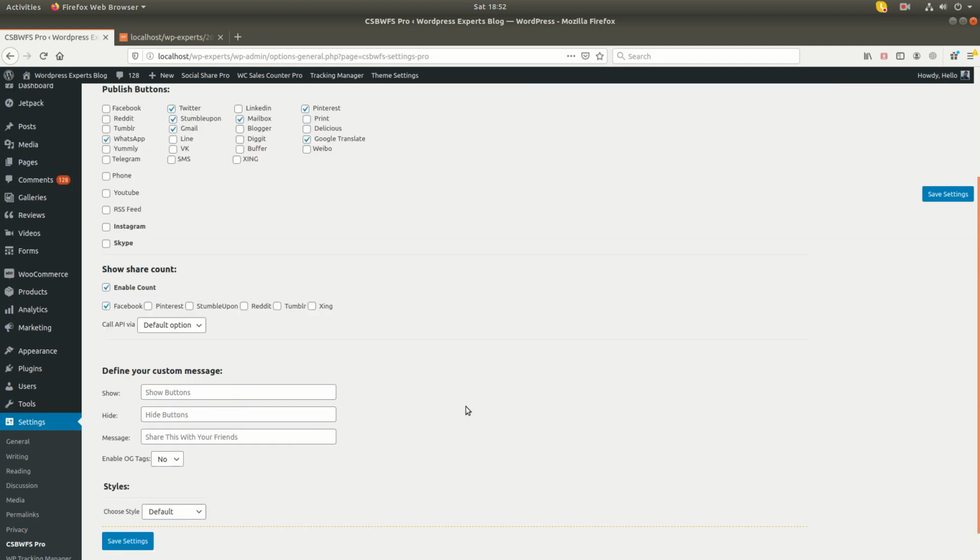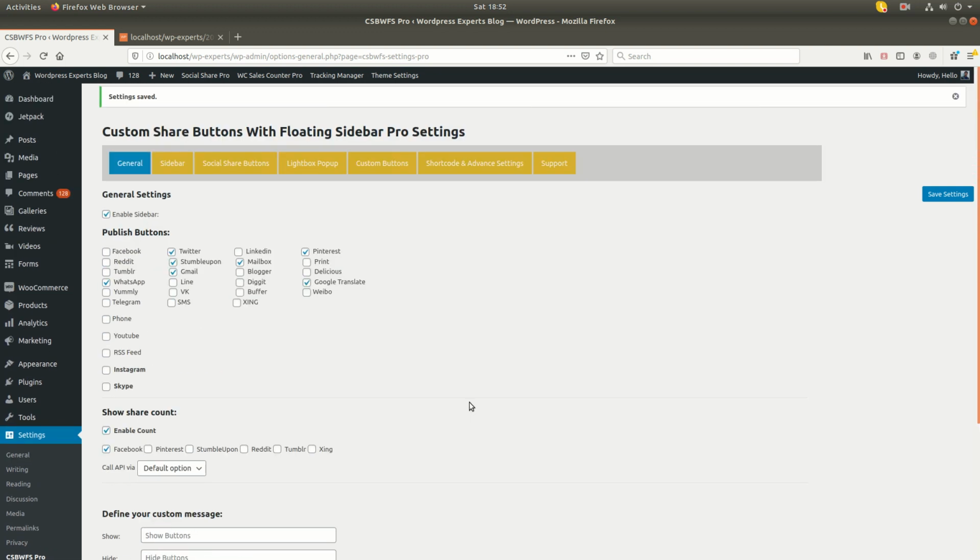One more thing I want to let you know about this add-on or free plugin. We have not used any external JavaScript or CSS file to make it compatible with your website, to add the social sidebar within your website. We have used a very small CSS and JavaScript in this plugin, so this will not impact your website speed.